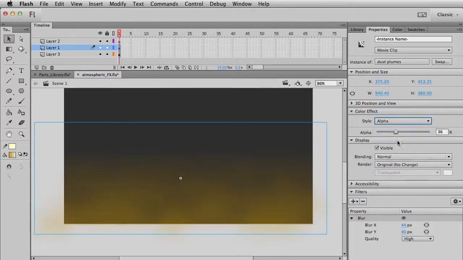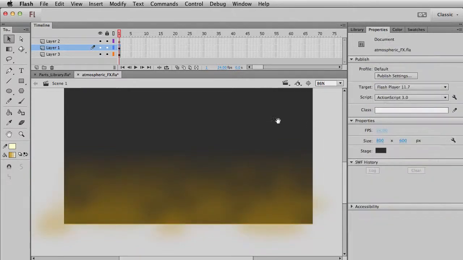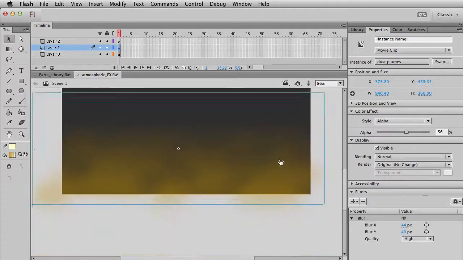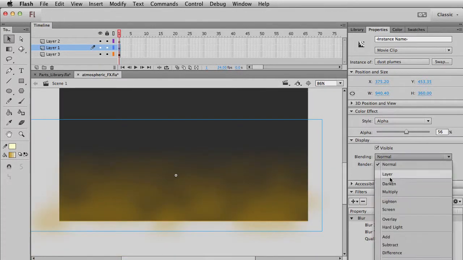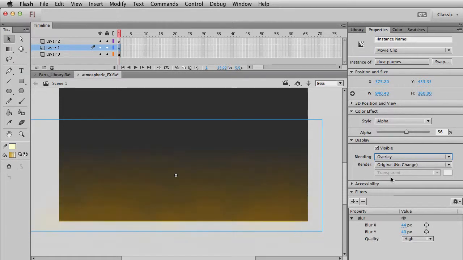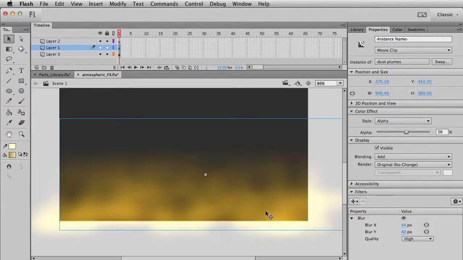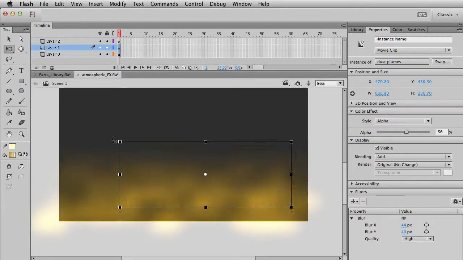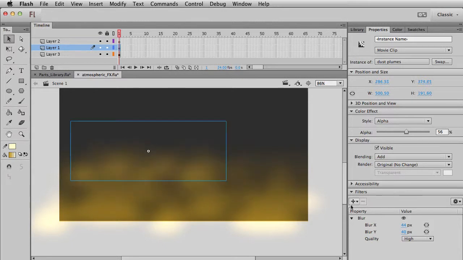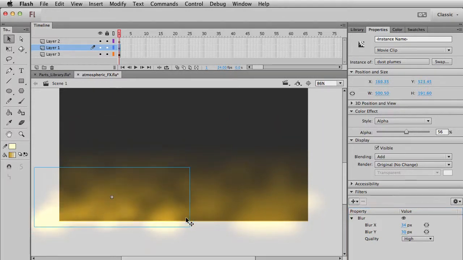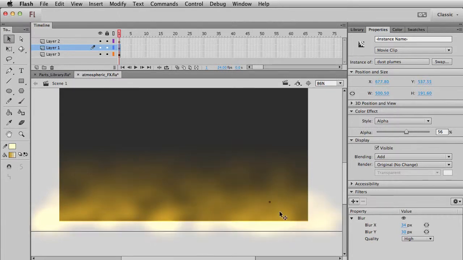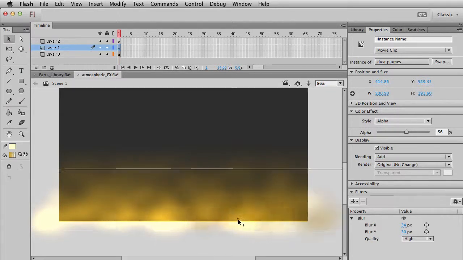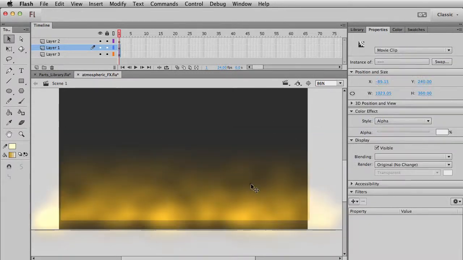And then I'd play around with the alpha again, and it's almost kind of hard to see that something is even going on here. You might be able to increase that a little bit by playing around with the blending. So you got add in there now, and if you were to put in another one, kind of change the size a little bit. If you do that, you might want to adjust the blurring. So you can kind of stack them down at the bottom with that add blending on there, and you kind of pile up the effect